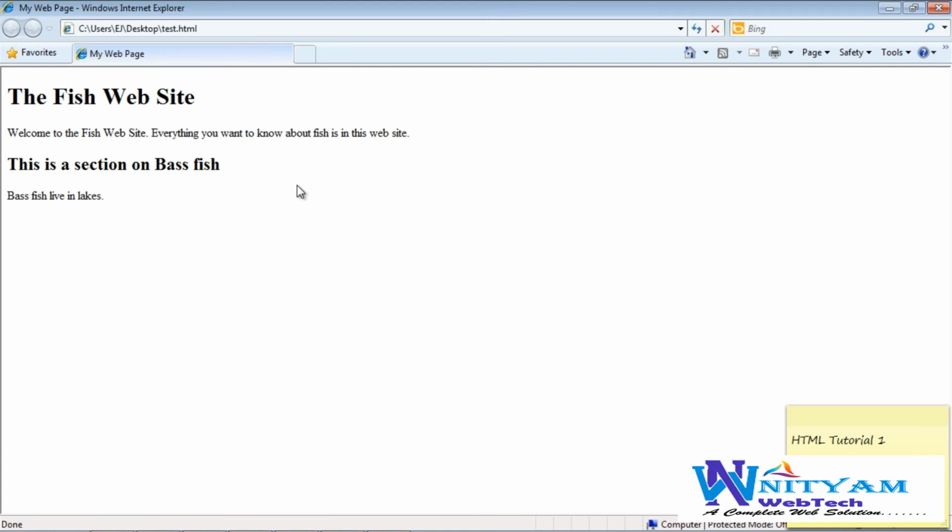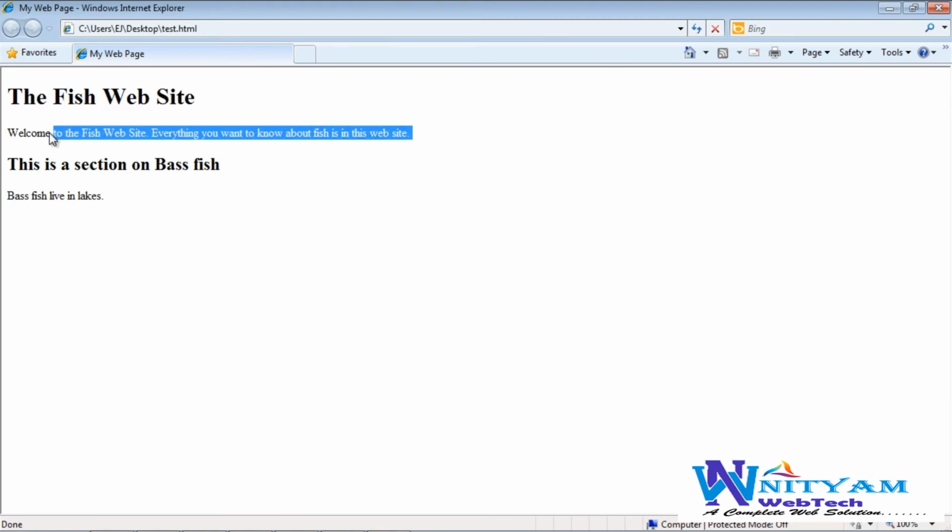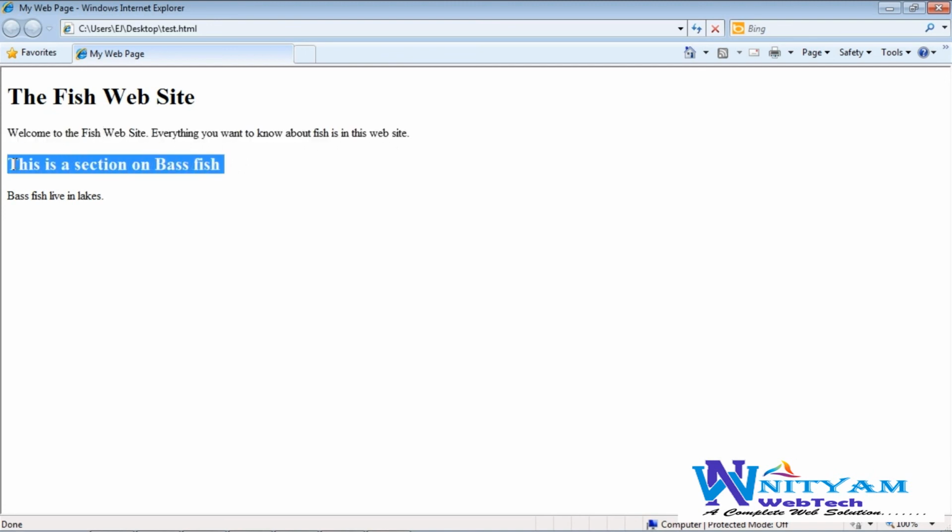You can see here the H1 tag formatted it with the largest text, and then here was our paragraph, and you can see it made it just regular size. Now later on I'll show you how we can adjust the font size here, but it creates a standard font size for this paragraph. And then we created our second header, which is right here, and you'll see that it's a little bit smaller than the text up